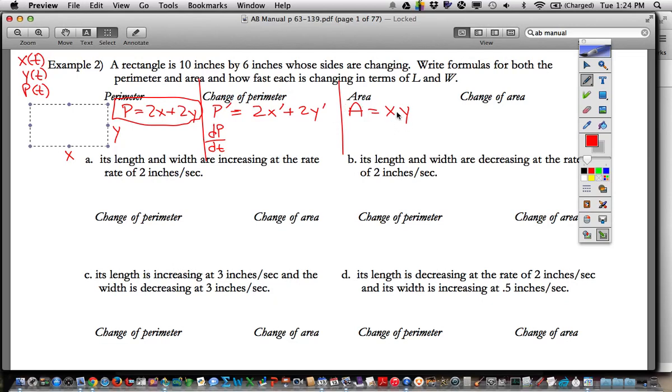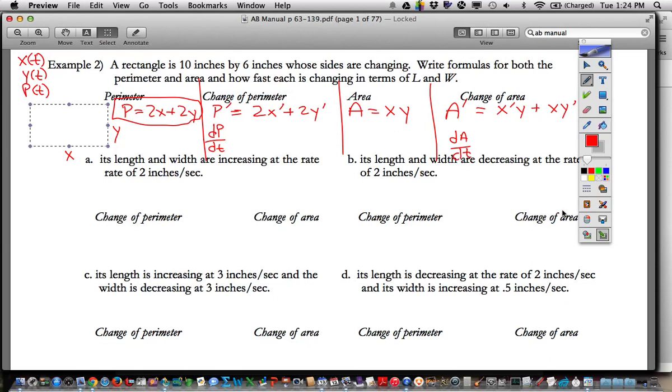All right, let's look at area. So area is x times y. What's the change in area? Well, that would be A prime. That would be dA/dt. Well, how would you do the derivative of x times y? Product rule. x prime y plus xy prime. Right? Okay, now, this is how we will do